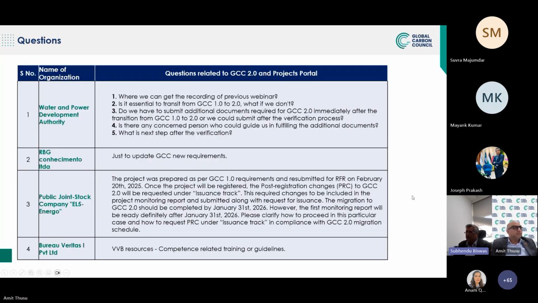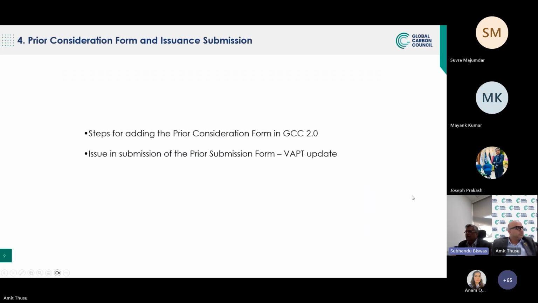Some of you tried to create a prior consideration form and you landed up with an error saying that it cannot be submitted. That is because we have certain safeguards put in place when you put in free text in certain text boxes. For example, the project brief is a free text area. As a part of our safeguards, we do not allow some Trojans or some things to be put in which could trigger